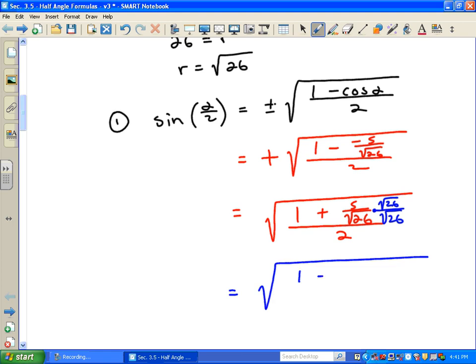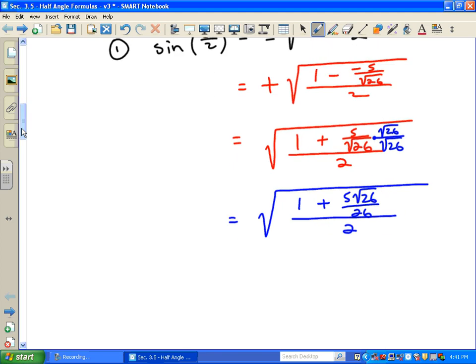We'll have 1 plus 5 roots of 26 over 26, and then that's now all over 2. And then as our final step, multiply the top and the bottom both by 26 to clear out that fraction in the numerator. So that would result in,